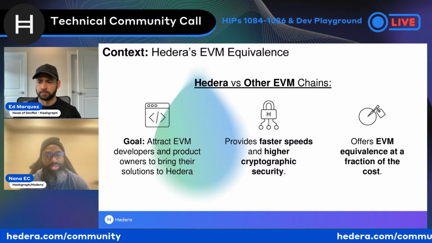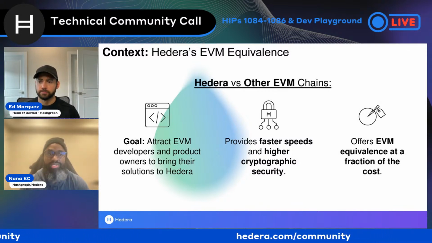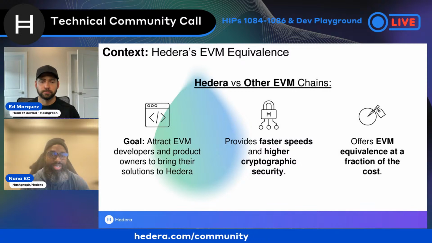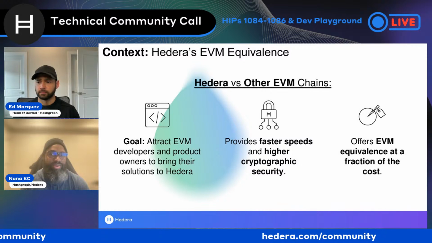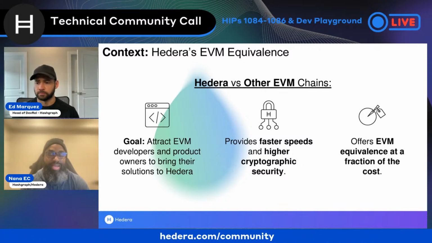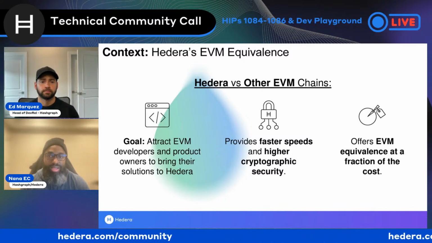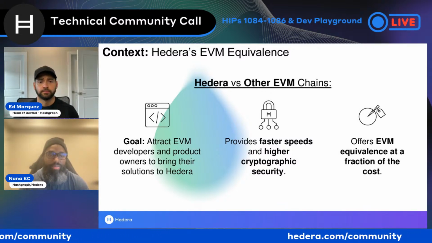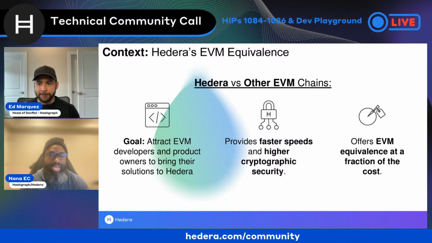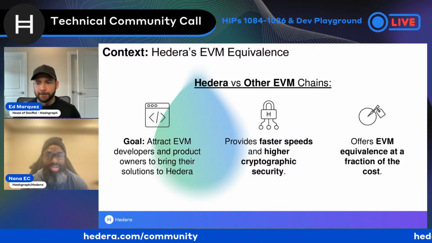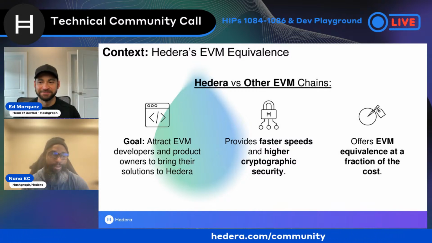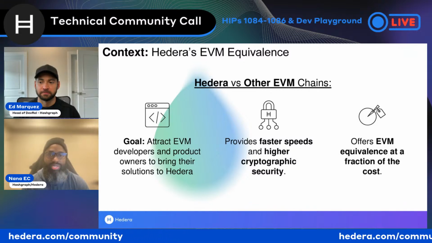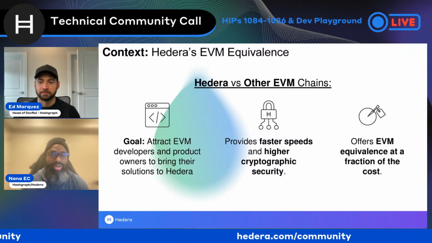Another way in which we try to encourage and attract people to come over is the cost. Hedera offers transaction and network support at a fraction of the cost, right? Most of our transactions vary in cost between, I think, about a cent to a third of a cent, depending on what you're doing. But the fact of the matter is that you could send any amount of HBAR on the network to anybody for a third of a cent. And a third of a cent is 0.0001, right?